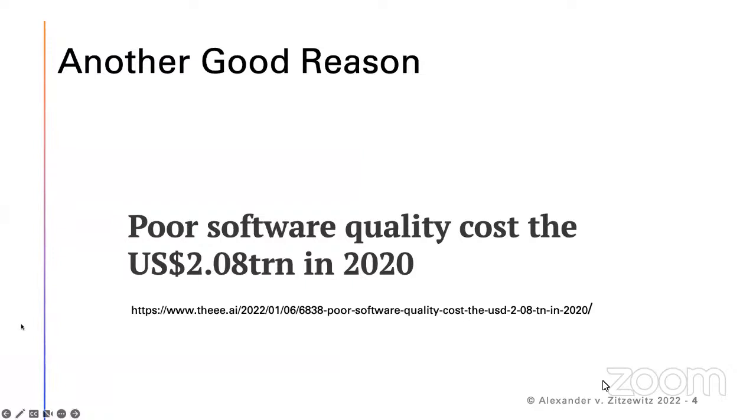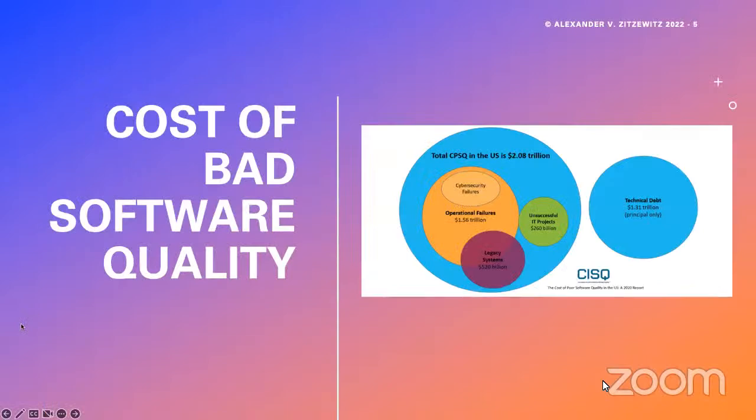Another very good reason to think about software metrics and measuring quality is the fact that just in the US alone in 2020, we lost about $2 trillion caused by bad or poor software quality. So you can read that report actually, and it's a mind-boggling number. It's about 10% of GDP lost by bad software quality. And if you look at the report,